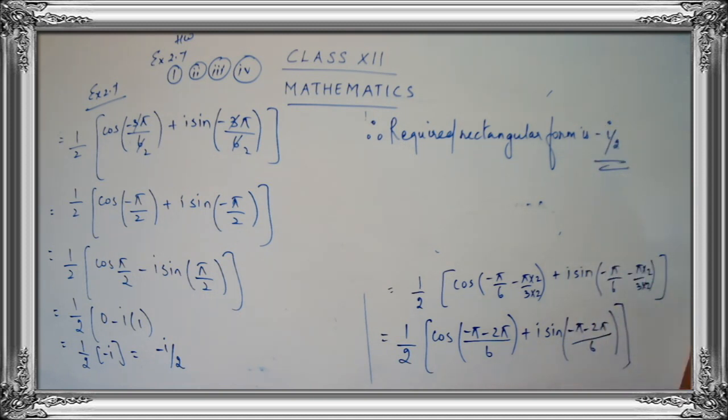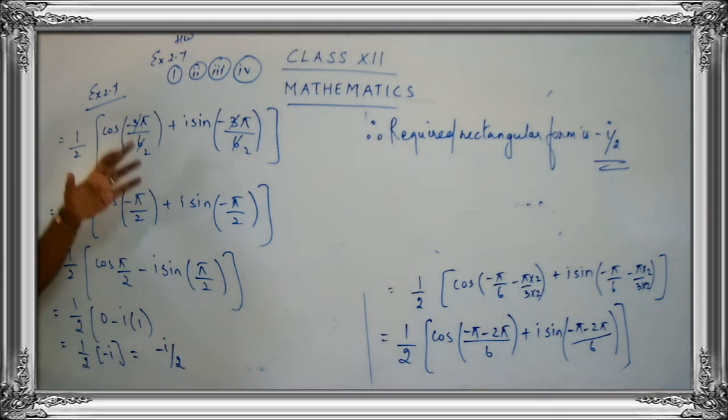Okay, so we have completed our second sum. What we have done is use the properties for the second sum. One we used a multiplication property, and one we used a division property. So be careful, you should get a proper form, that is, the form should be r cos theta plus i sine theta. If you are not having the proper form, try to change it and get the answer.